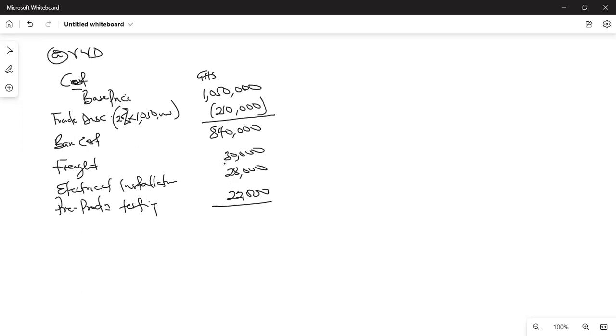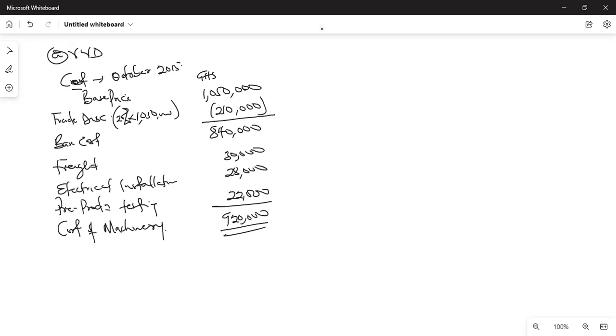Let's punch it. Yeah, 840,000, 30,000, 28,000, and 22,000, giving us our cost to be 920,000. All right, so this becomes our cost of machinery. All right, so this becomes the cost, and this cost determination is as at October 2015. All right, the question now goes on to tell us that